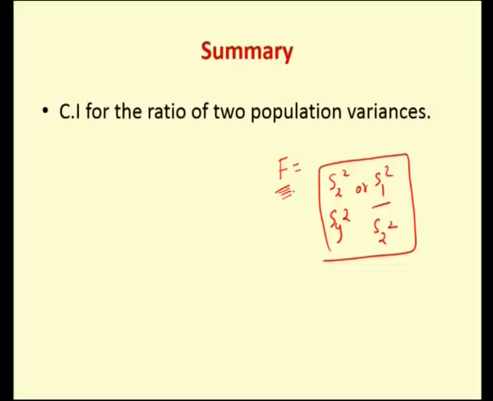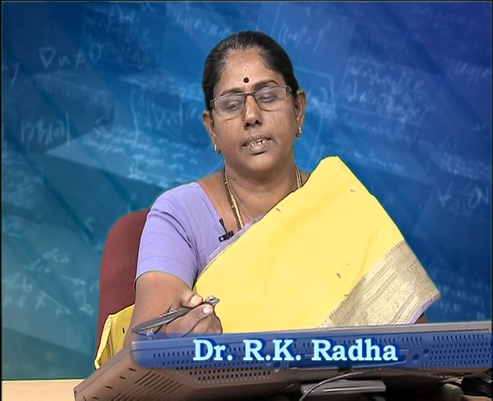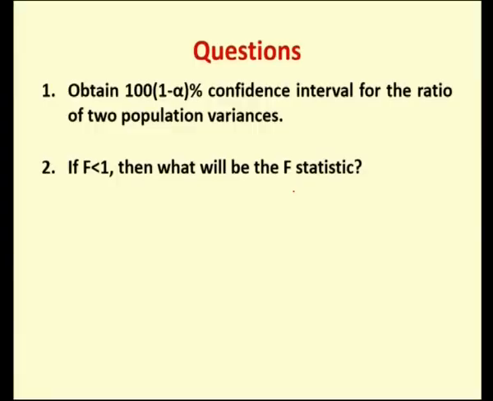so that your F value will always be greater than 1. If not, interchange it, and interchange also the appropriate degrees of freedom, and get the table value, draw the inferences, and hence you can comment upon the ratio of two population variances either at 99% or 95%. So now I have got a few questions for you. So here the first question is: obtain the 100 into 1 minus alpha percent confidence interval for the ratio of two